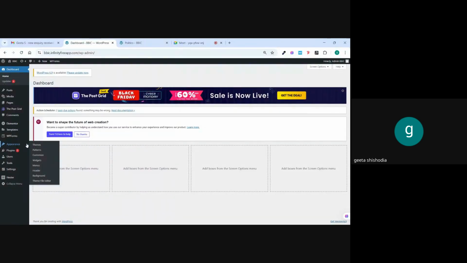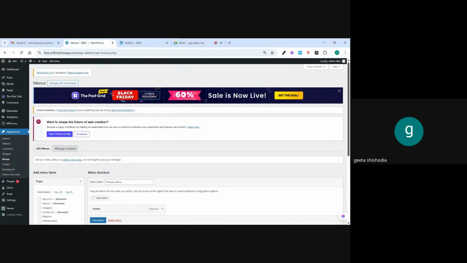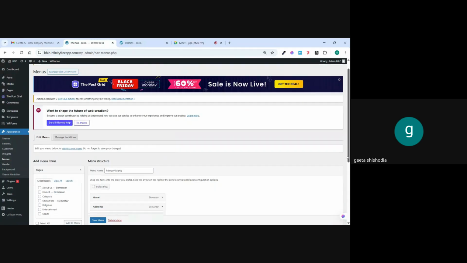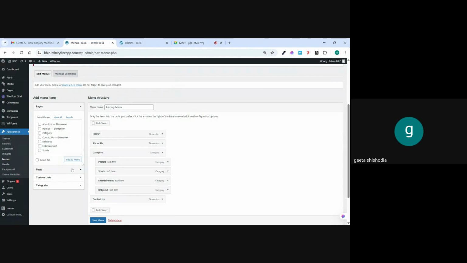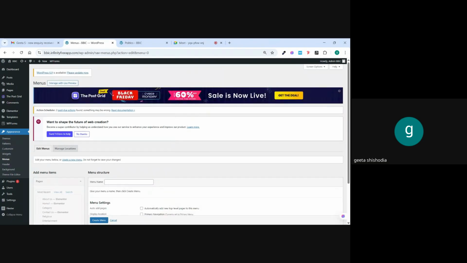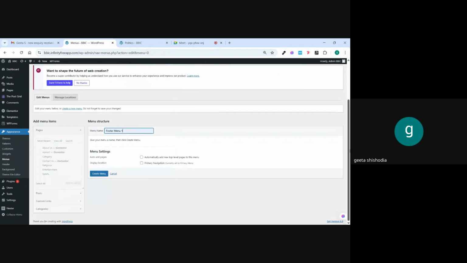Go to appearance, and from appearance go directly to the menu section. You will land on the same page, right here. Okay, now we have to create a new menu. See here, create a new menu. Okay, and name it footer menu. So we have named it footer menu, and now